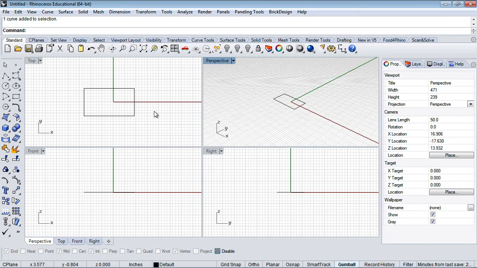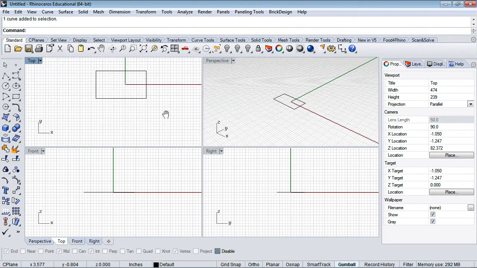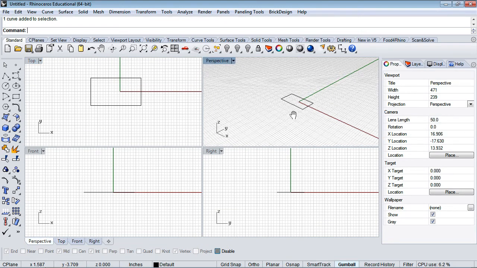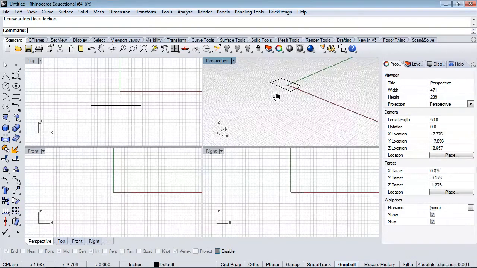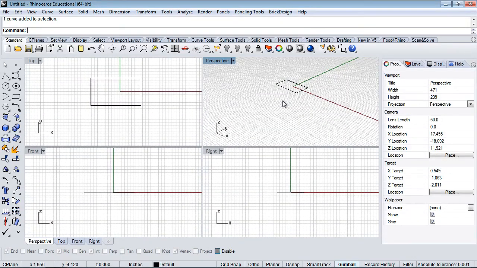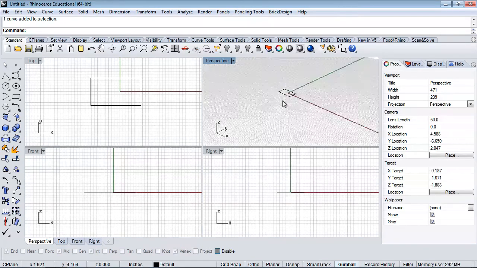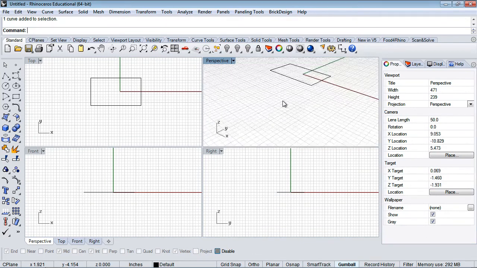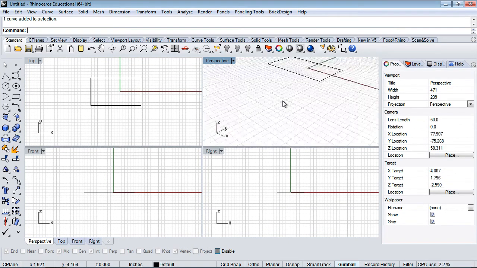If you right click in an orthographic, you'll just pan. And if you hold the shift down and right click, then you can pan in the perspective. So those are your main navigation. And if you use your scroll wheel, you can zoom in and out. And if you're on the trackpad on a Mac, two-finger scrolling back and forth